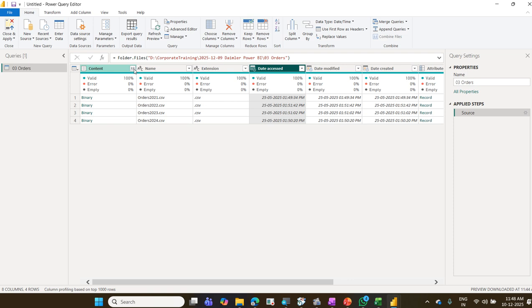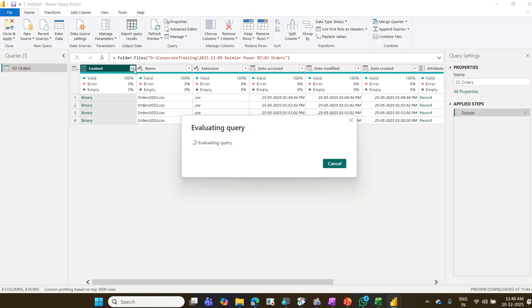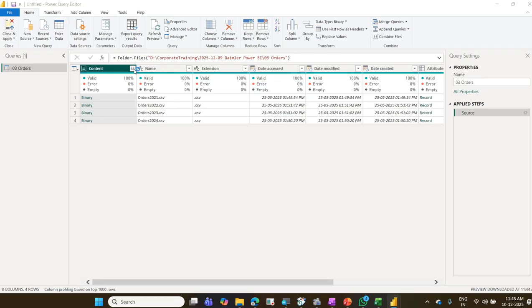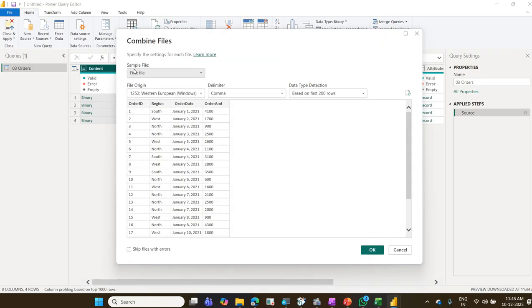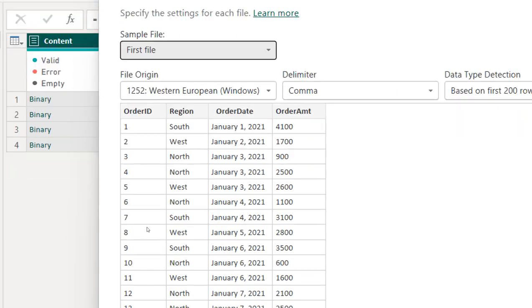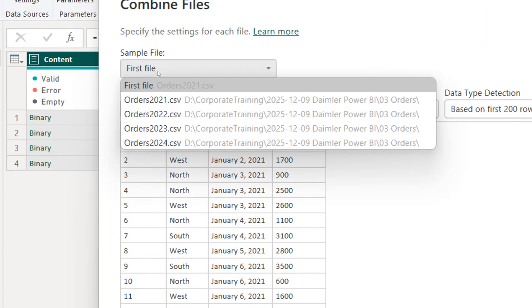By default, it will check the column quality with only the first 200 rows. If you want to check the entire data set, yes, you can. Power Query will do that. Entire data set, column quality. But I recommend as of now, I'll go with the first 200 rows, because if you check the entire data set of 4 files, it may slow down your system speed. As of now,